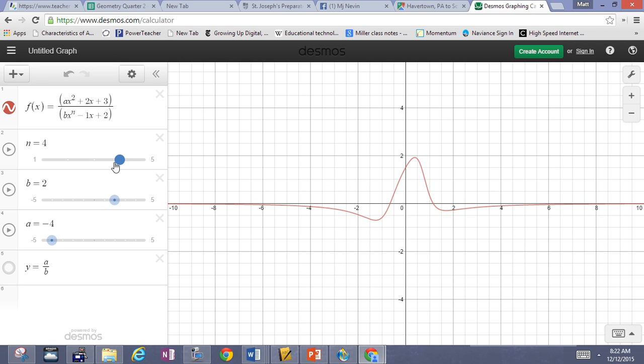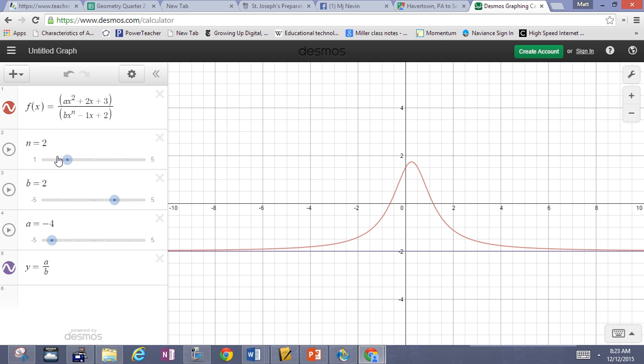Whole function has changed, but what has remained the same is that we are still heading for the x-axis. Okay, the horizontal asymptote is equal to 0. If I make this power the same as the numerator, in this case 2, then I'm back to case 1, in which, as we already looked at, the horizontal asymptote is controlled by the ratio of A